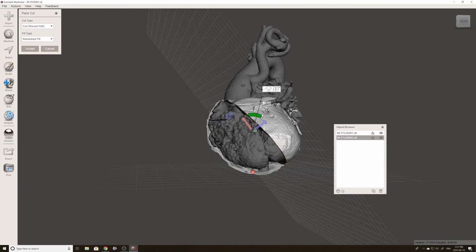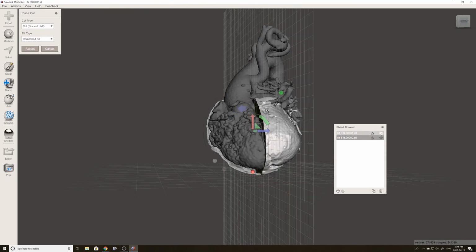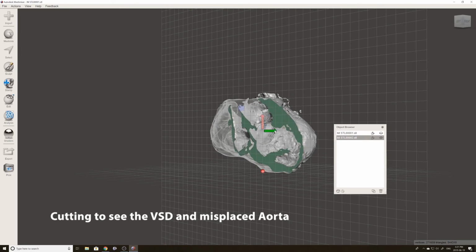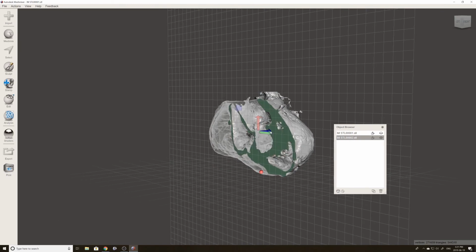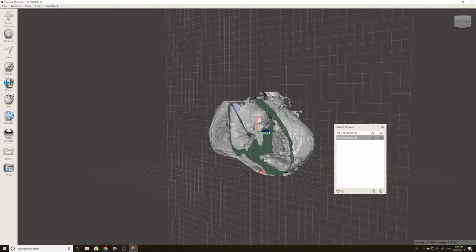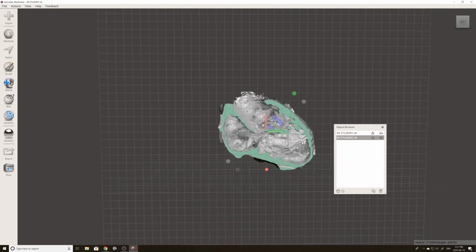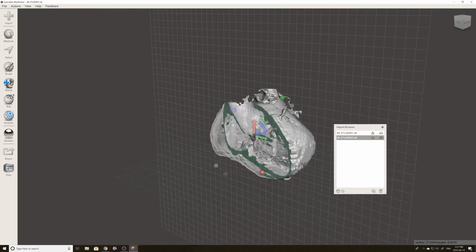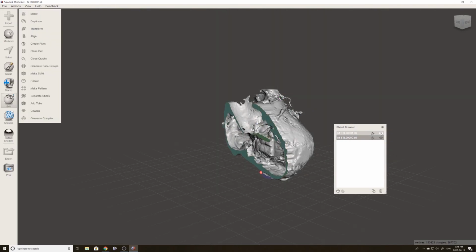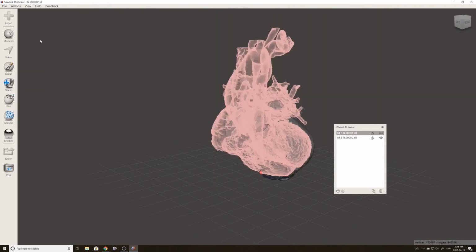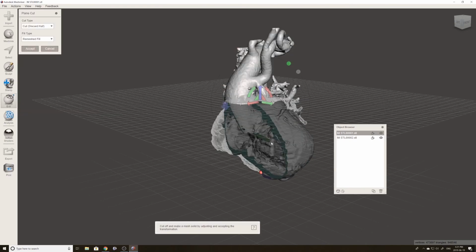So now we're going to undo, and we're going to try to do a cut on the side so that we can see that misplaced aorta as well as the two VSDs that are in this model. So I'm hiding the blood pool so that I can see a little bit better. So moving through, I want to do the cut on the right side of the heart, just on the side of the septum, so I can see those two VSDs as well as that misplaced aorta. So now we can turn on the visibility again for that blood pool, just hitting that little eye,